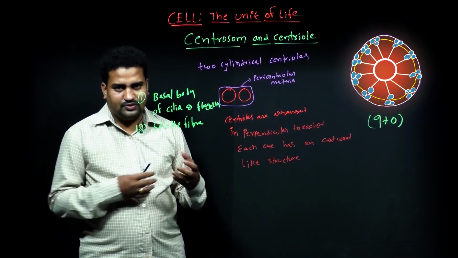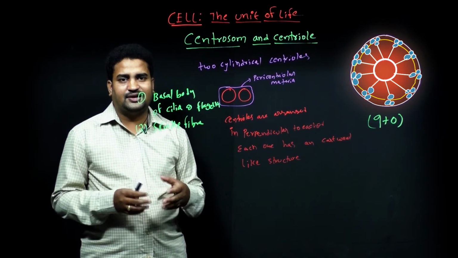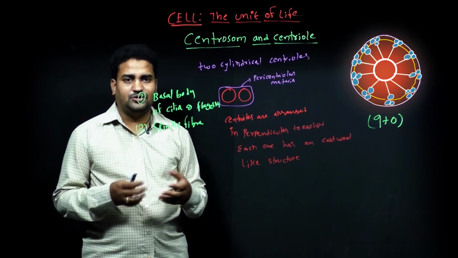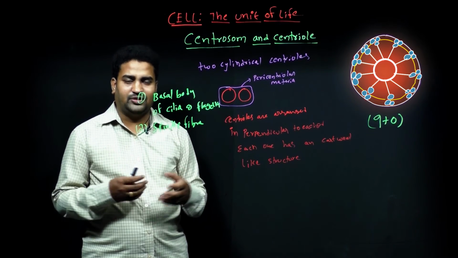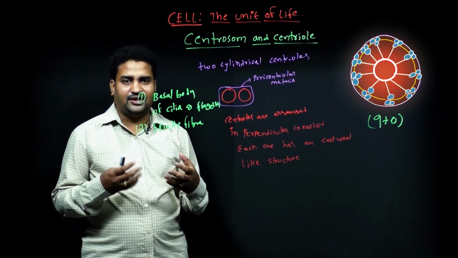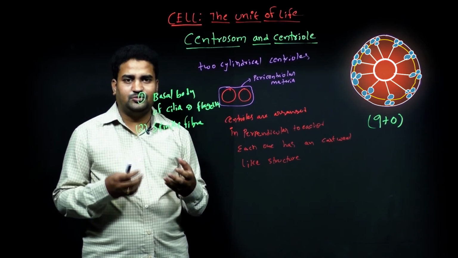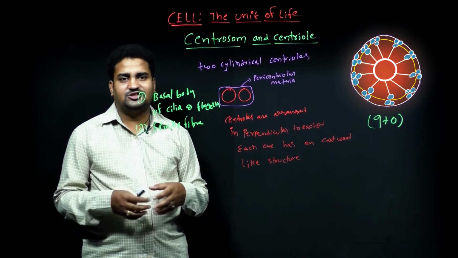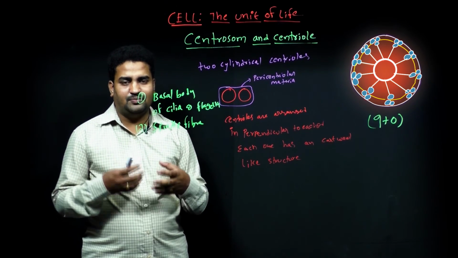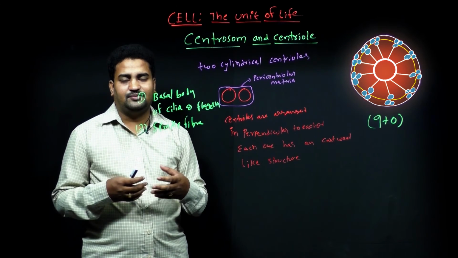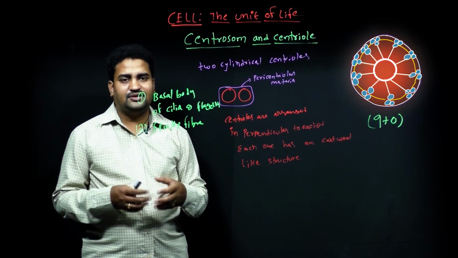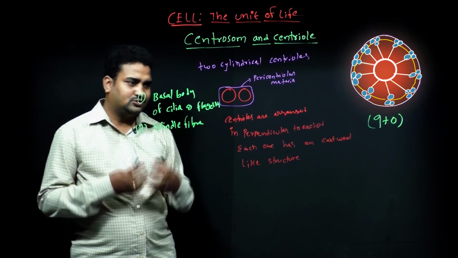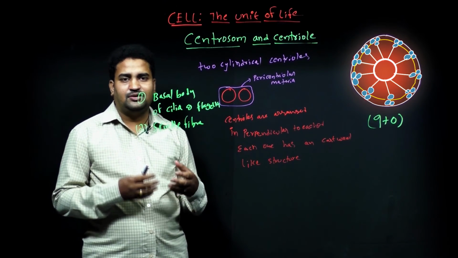Generally, when you look at the structure of the centriole, it contains radially arranged triplets of microtubules, 9 in total, arranged peripherally. The peripheral microtubules are connected to each other by linkers. In the center, there is a proteinaceous hub. The hub connects to the peripheral triplets of microtubules with radial spokes. These radial spokes are also made up of proteins. So it will show a 9 plus 0 array.